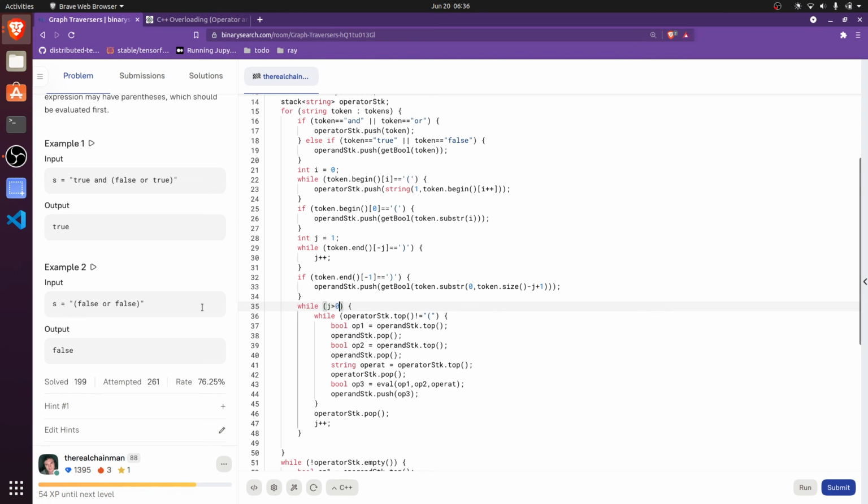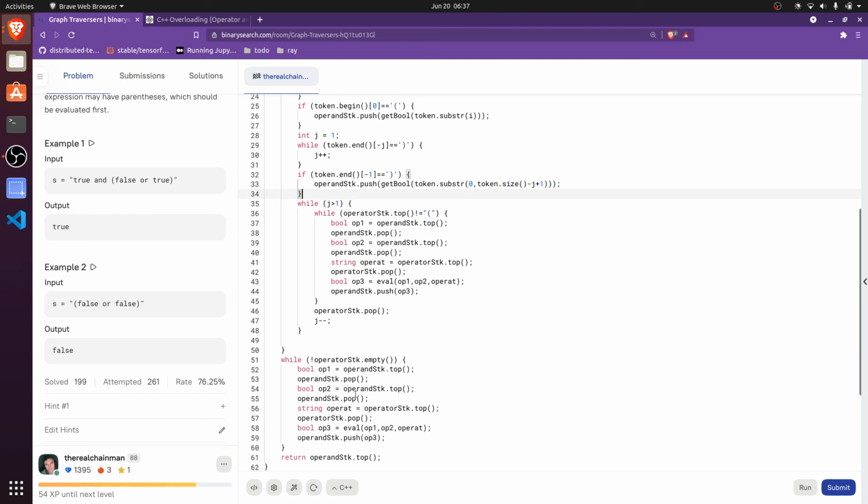So if j is 1, should it go into here? If j is 1, it shouldn't. So if j is 2, it should do this. And then we can decrement j. And then basically, yeah, it's the same thing. It's just realizing that if j is 2, that means that there was at least one of these. If j is 3, that means there was at least two of these. So I just want to keep going as long as j is greater than 1. If j is 1, that means there was 0 of these. I didn't increment this at all. And then